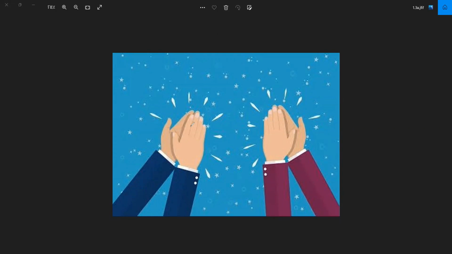Now, can you see this image? The right hand here is pronated while the left hand is supinated. But when you turn the hands about, the hand which was supinated becomes pronated, and that which was pronated becomes supinated. This is what we call turning hands about, or يقلب كفيه in Arabic, like this.